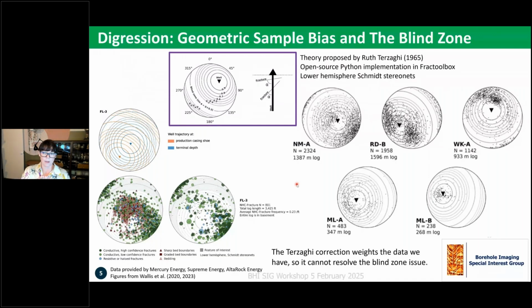So these are poles to plane on stereo nets. We've taken a borehole, or essentially you could do a scan line as well on an outcrop, and we've drilled that 1D line through the subsurface. And that 1D line through the subsurface has a very low probability of intersecting fractures that are parallel with it, and very high probability of intersecting fractures that are perpendicular with it. And so on these plots, the triangle is the well path, and fractures that are perpendicular to the well plot